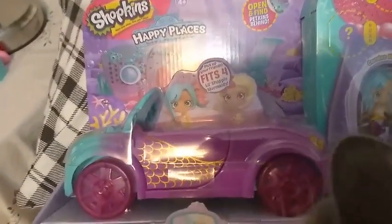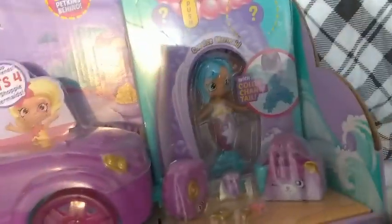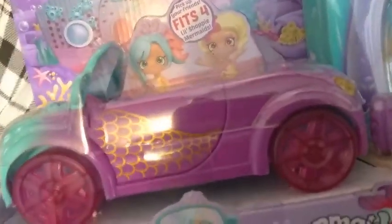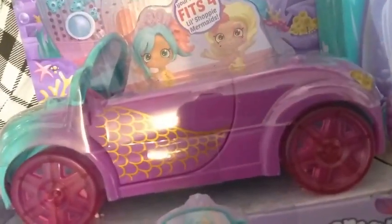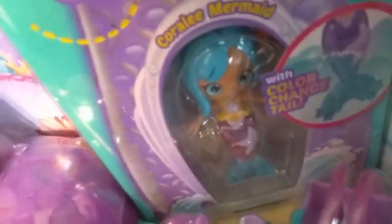This car itself is pretty cool. If anyone recalls, though, it is a recolor from a recolor. So basically they just keep using the same convertible over and over again, and they just recolor it to the theme that they want. I think it's a nifty idea. All the accessories too are also going to be recolors of other previous sets. So it doesn't look like we have a watermelon slice on this one though. I don't know. But we do have three